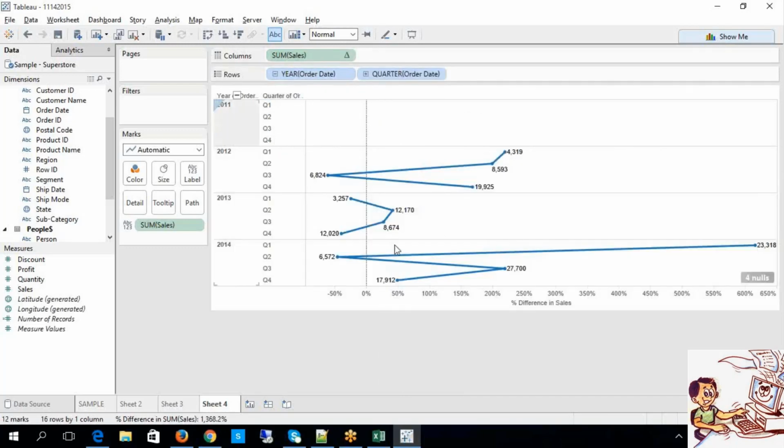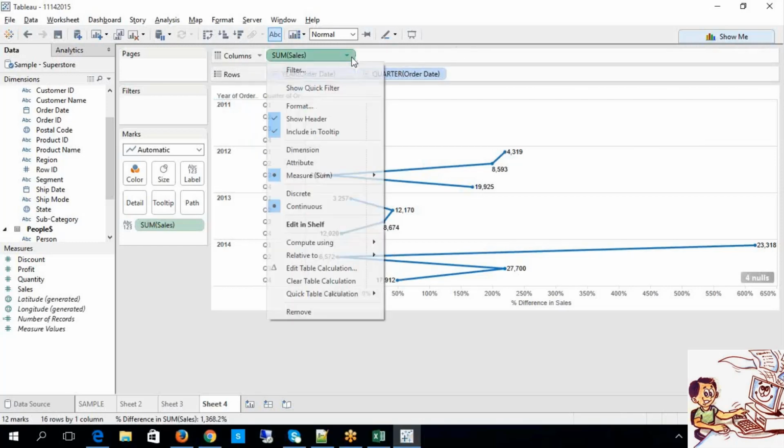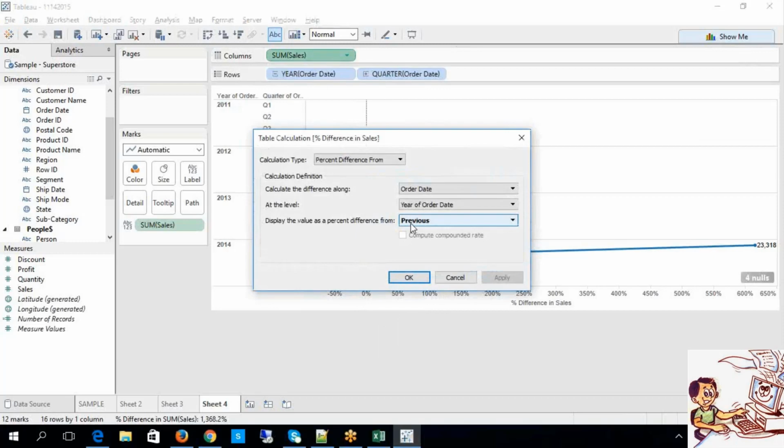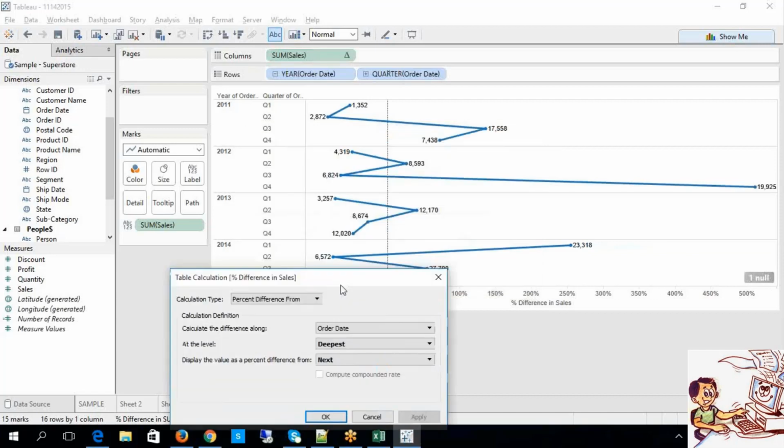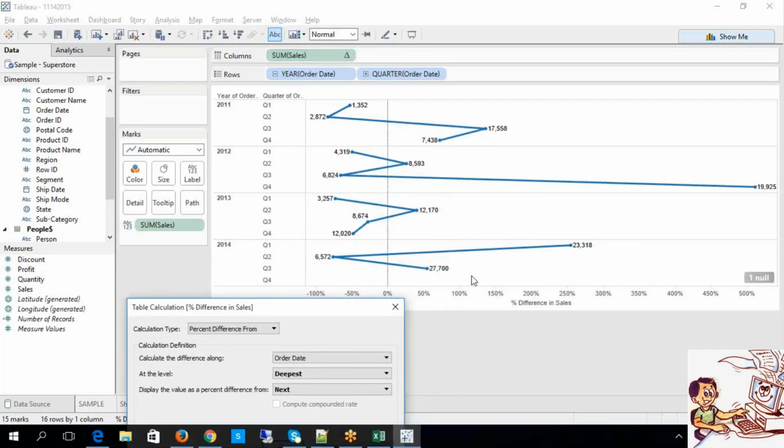See, year over year, how is the growth rate happening? But why is it not considering the first value? Because I'm seeing the previous value. Look at this. So what is displayed is the percentage difference from a specific value. It depends upon these elements: quarter of order date, month of order date, because we have quarter level, year level, month level. So that is the reason. Now, if you go to the next, you have this, but for quarter four you don't have any value. In this way, it will differ.